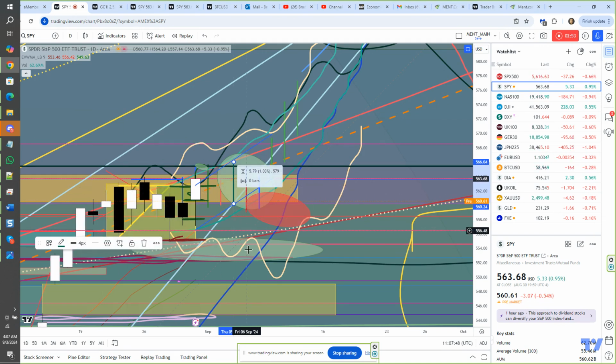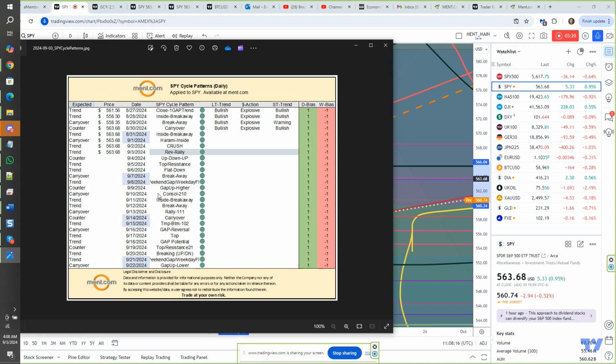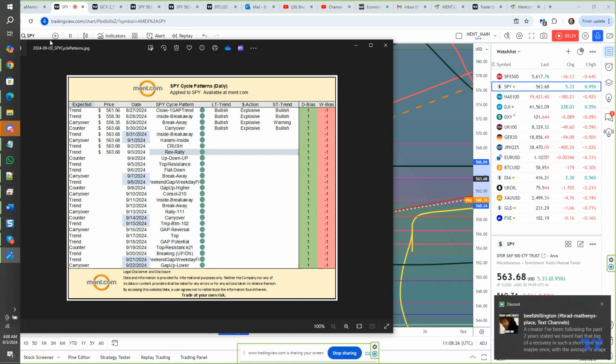So what we're looking at here is the opportunity to open near the 561 area, 561.60, 561.50 area. Sorry, 560 it looks like now. And then what we're going to do, folks, is we're likely going to see a recovery back up into this 563.50, 563.40 area, moving into consolidation the following day. Now, remember, Wednesday we have an up, down, up that's in counter trend mode, which should be a down, up, down, down carrying over on Monday, which is going to be more evident on the ES chart.